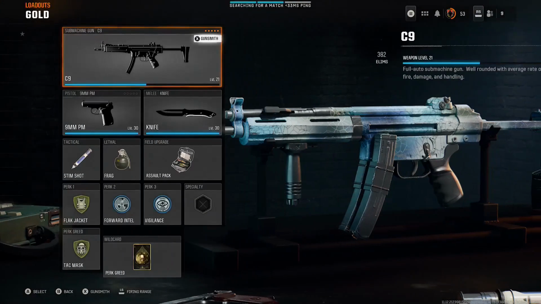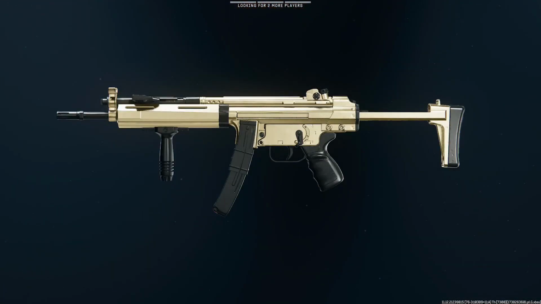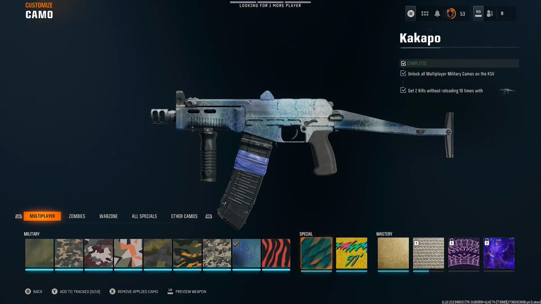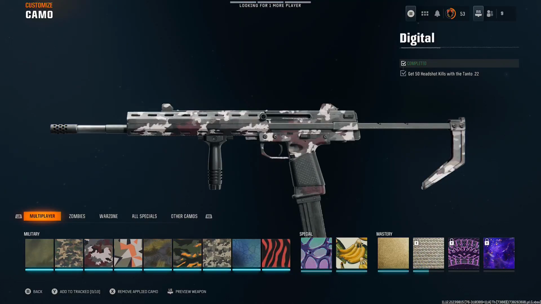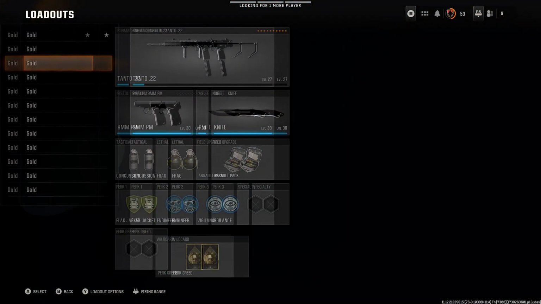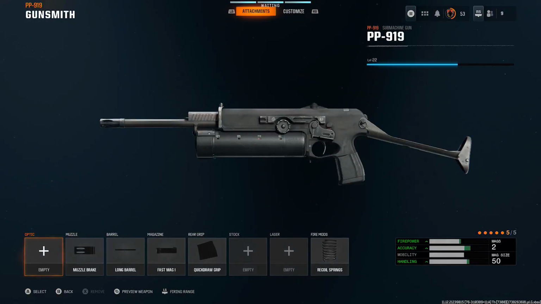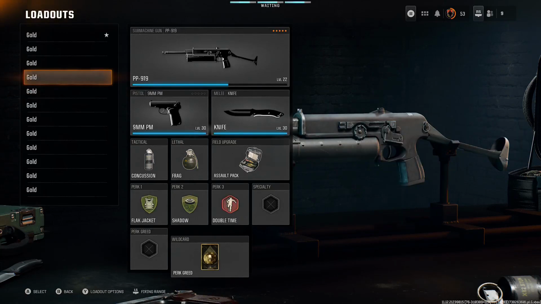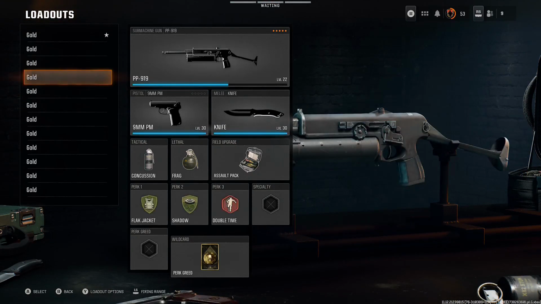Alrighty then, so that last match we got the C9 gold. We got the KSV gold. And we got the Tanto 22 gold. And I think I'm at 9 out of 10 with this guy, which I am, which means that we still have one more left for the PP919, and we have the Jackal and the Compact 92 to do the next game,